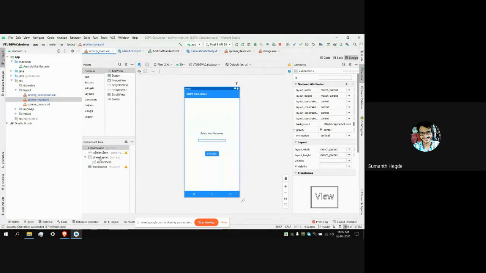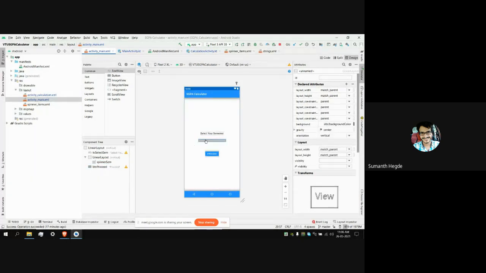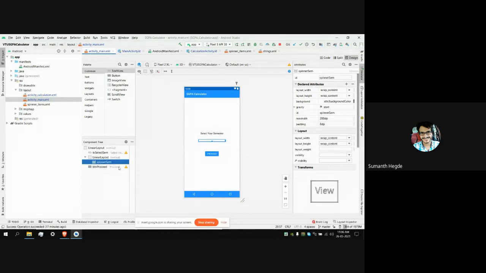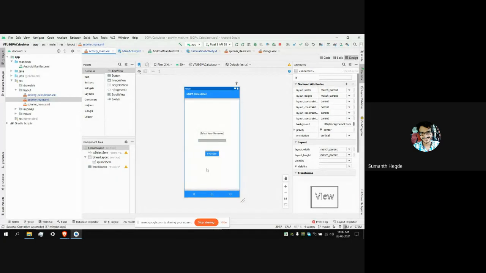Then we have a spinner inside a linear layout. When the user clicks on this spinner, a drop-down menu will pop up, and the user selects which semester he wants to calculate the SGPA for. Then we have a button called proceed, so the user can proceed with further calculation.